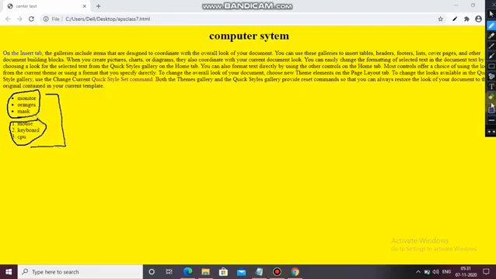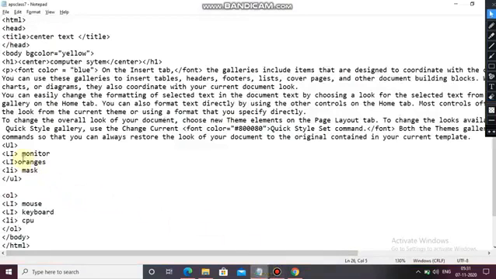Now instead of this, can we change the type also? So just see here, ul type equals to double inverted comma square.